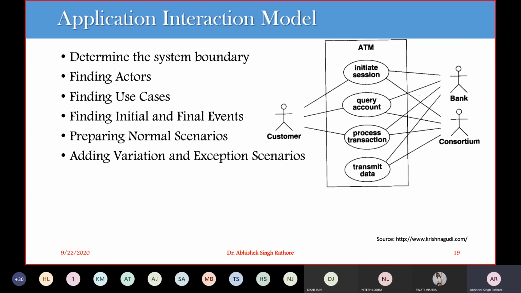Again, let's go through these use cases. We have, let's say, initiate session. The customer goes for initiating a session, so your ATM establishes the identity of your user and makes available the list of your accounts and the different actions he can perform. Right from initiate session, your ATM, this is your boundary, initiates your session and then provides the list of actions he can do after initiating the session. So this is the functionality of your ATM.